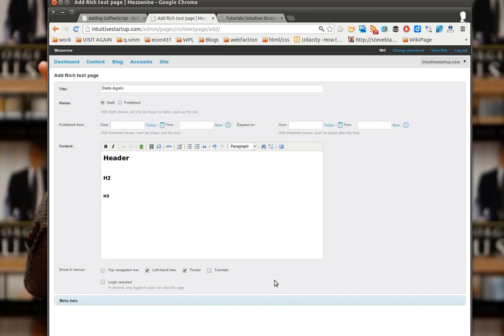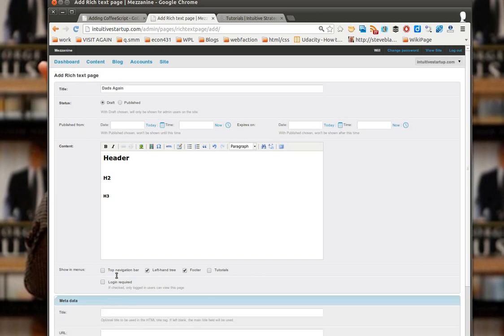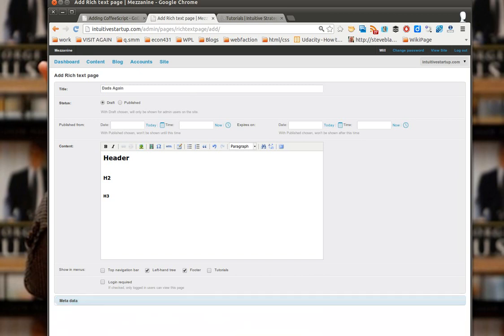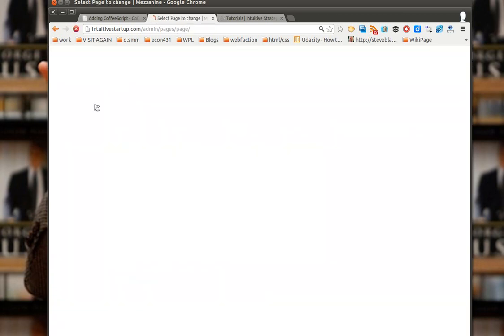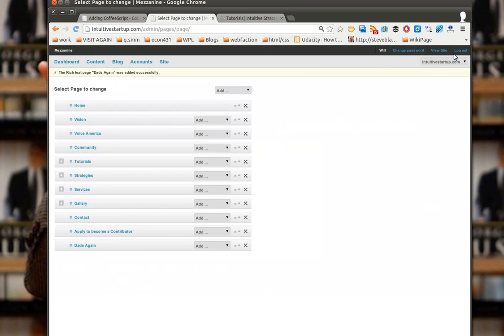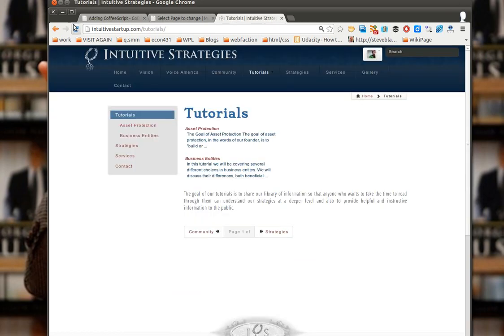Metadata, that's something for your SEO person to play with. He doesn't have to, but he might want to. If he doesn't touch it, then I have it set up to base what is going to be on here on the content of the rest of this page if these fields are empty. So you don't have to fill them out, but if your SEO person wants to, he can. So save. And this is a draft, so this isn't live, but because I'm logged in as an admin,